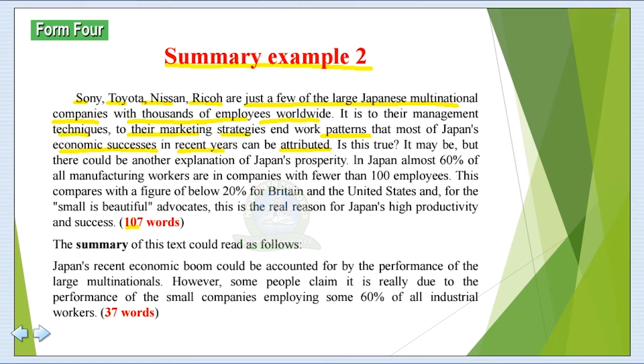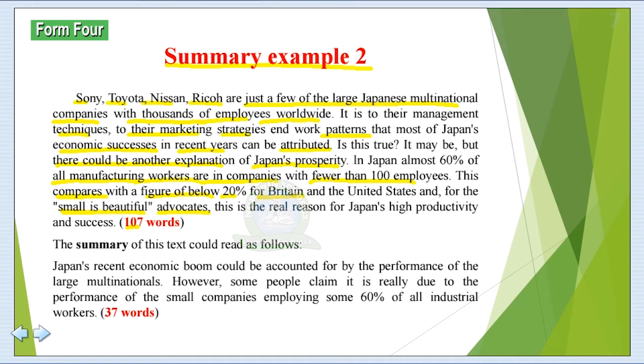Is this true? It may be, but there could be another explanation of Japanese prosperity. In Japan, almost 60% of all manufacturing workers are in companies with fewer than 100 employees. This compares with a figure of below 20% for Britain and the United States. And for the small is beautiful,